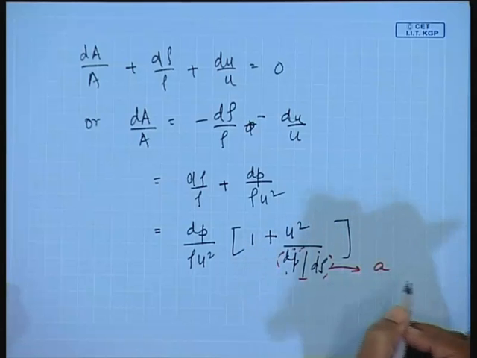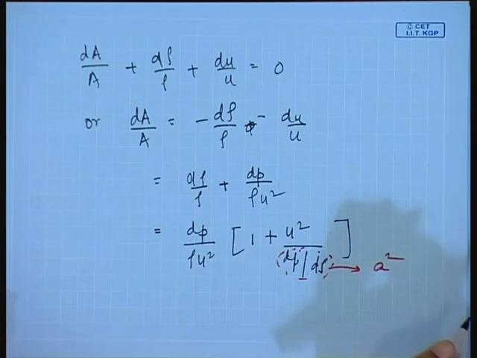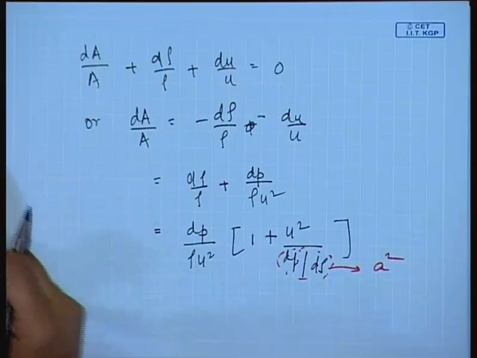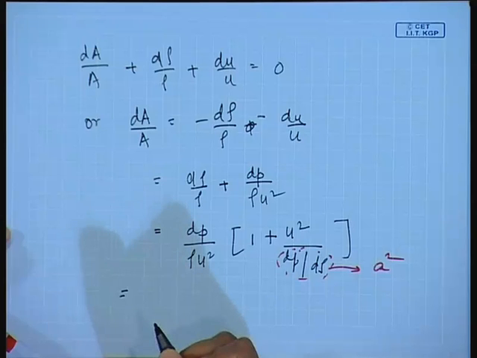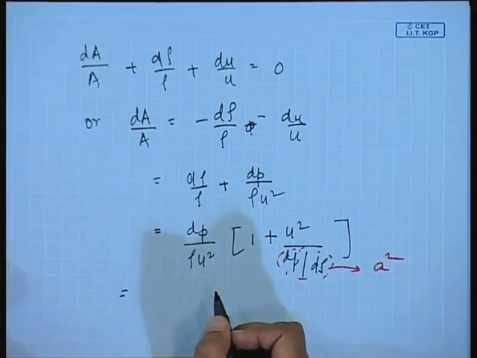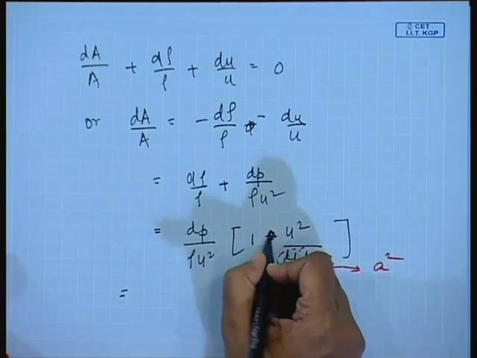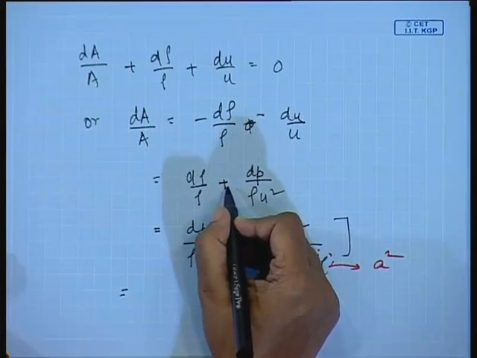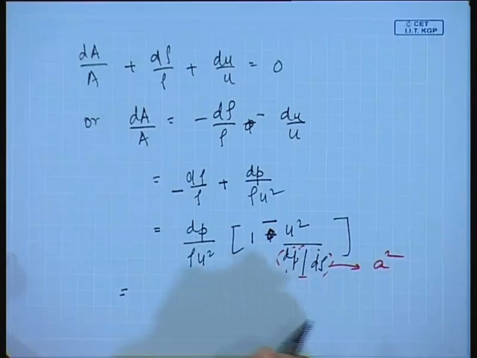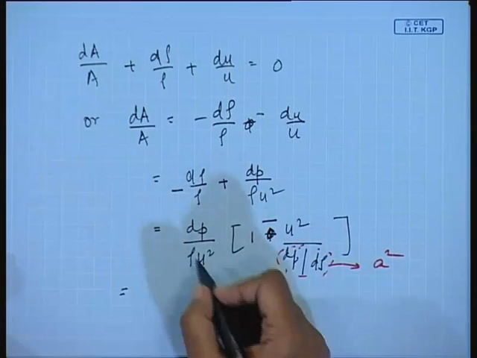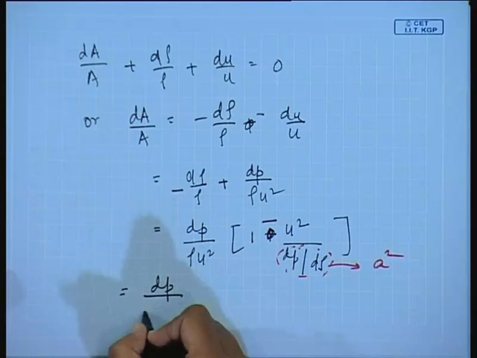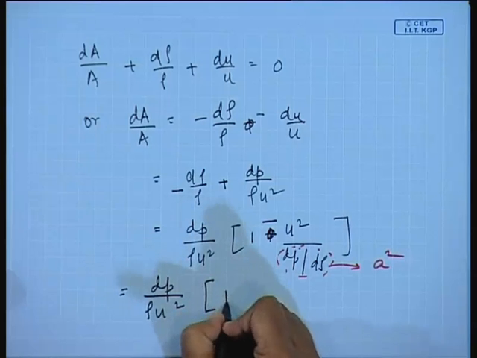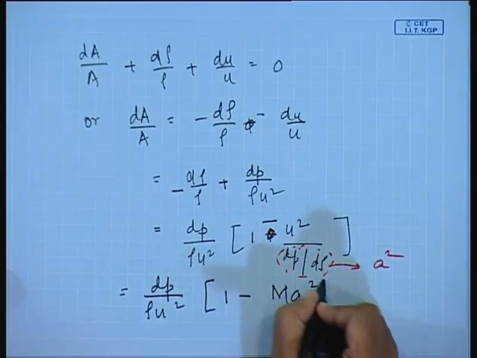It is a square, isn't it? The acoustic velocity in that particular medium under those particular conditions. Sorry, very sorry, correct. Actually, here only I had made a mistake, here it is minus d rho by rho. Here only I had made a mistake, that is why it came in that way. So, this is the situation. Therefore, this can then be written as dp by rho u square, which is nothing but equal to 1 minus Ma square,